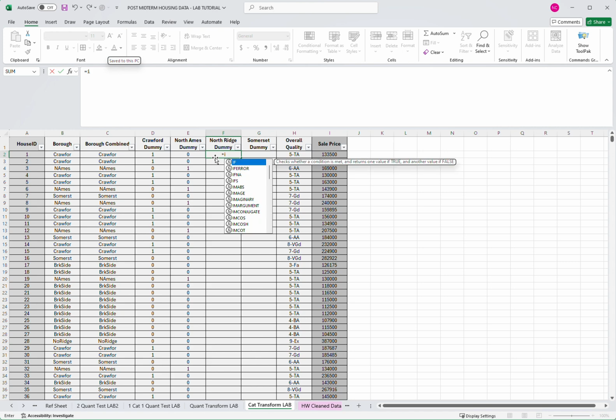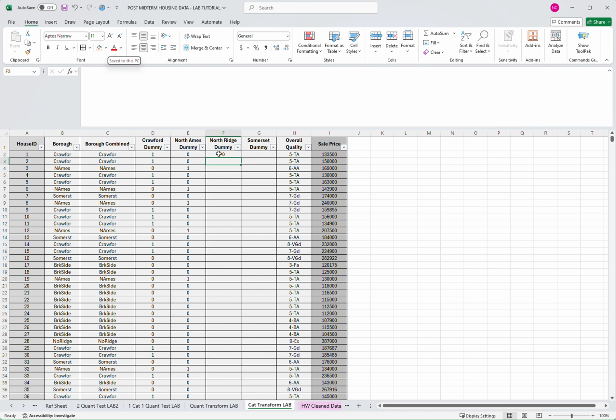Applying that same logic, equals if, open parentheses, this borough combined variable equals North Ridge, that's NORIDGE, as it appears in the raw data. Okay, give it a value of 1, otherwise give it a value of 0. So just turning that switch on if it's in the North Ridge neighborhood or borough, and off if it's in any of the other boroughs. So it got a 0 because this is Crawford. We'll fill that formula, and we'll see that only when it encounters a North Ridge neighborhood does it turn that switch on. And then lastly,